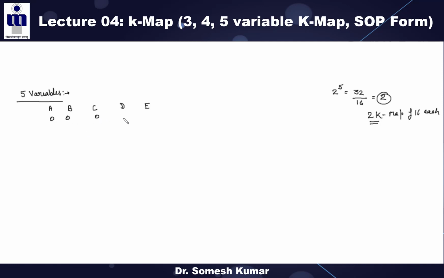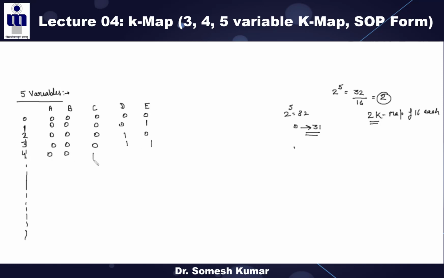So with 5 variables, it starts from 0 to up to what? Up to where? In decimal. Maximum possible number of combinations. Right? 2 to the power 5, 32. It goes from 0 to 31. 31, right? 31 means for first 0, 0, then what is 1 term? Which one is 1? Which one is 2? Which one is 3? Which one is 4? Right? And which one is 15?